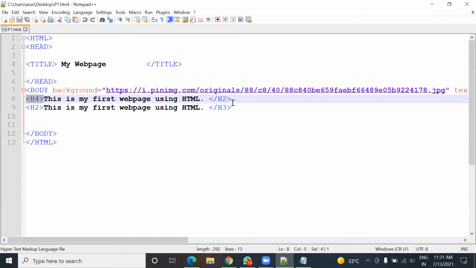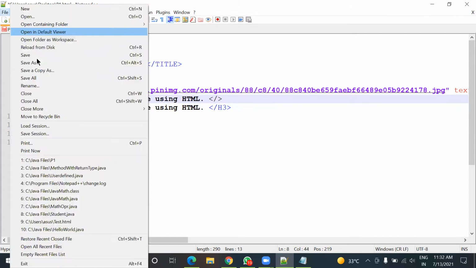So what if we remove that H2 and just leave the angle bracket? Like this. Yes, slash. In which line? The same one from where you removed H2. Simply put the slash only.